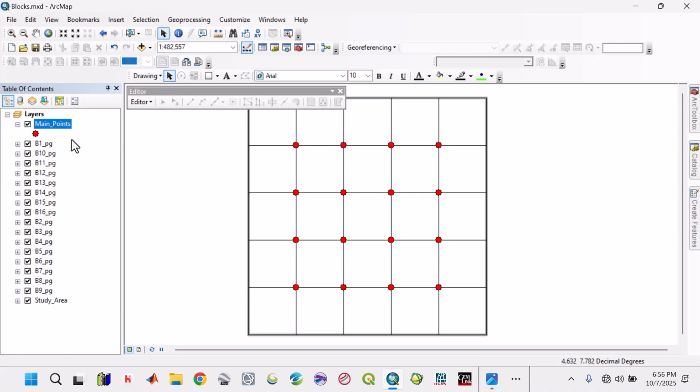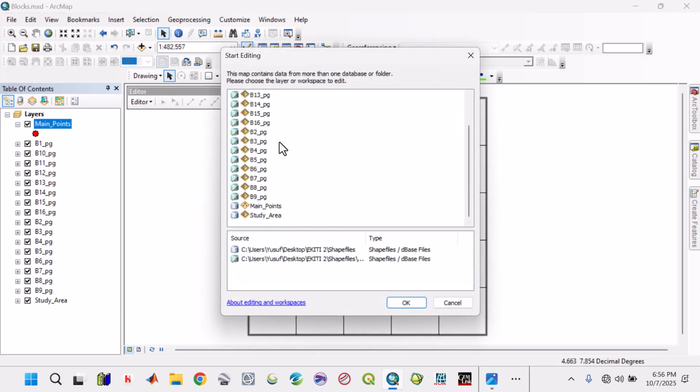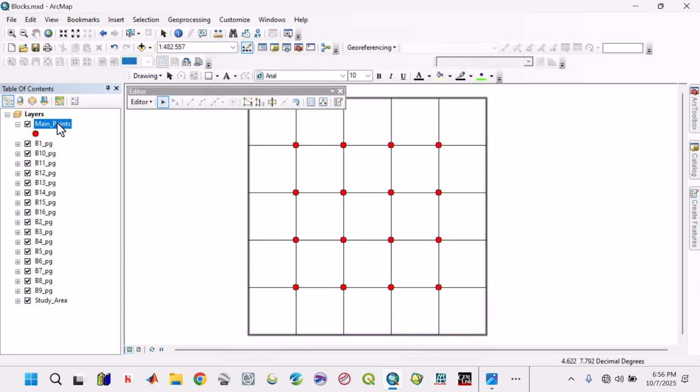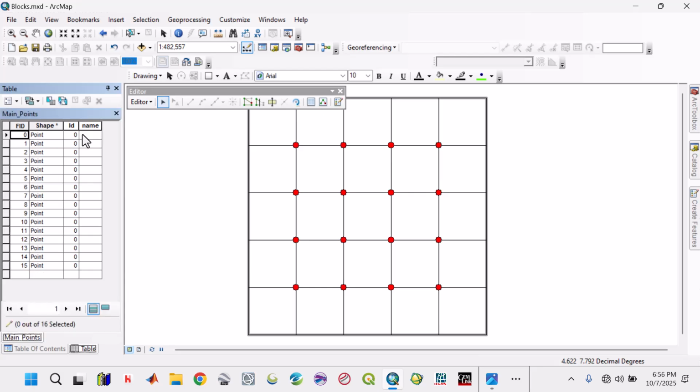Now this is what you have, and now you say editor, start editing. It should show up. So what are you going to do? All the main points, you take the main points, select main points, then click OK. Then now come here, right click, open attribute table. See, if you click on this, you have selected the first one. Type the first one, P1, press the tab key, press the enter key, P2,